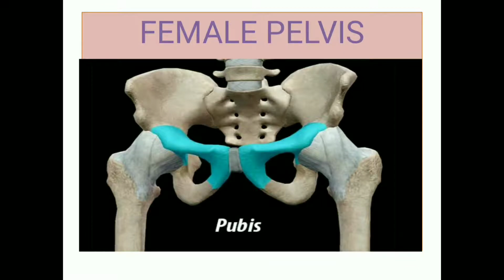So you have to learn about the various parts that make up the female pelvis, the bones involved in making the female pelvis, and the joints and the ligaments and various diameters of the female pelvis, and what is true pelvis, what is false pelvis, and what are the different types of pelvis, and among those different types of pelvis, what is the most suitable type of pelvis for having a vaginal delivery, and for which type of pelvis we basically need a C-section.